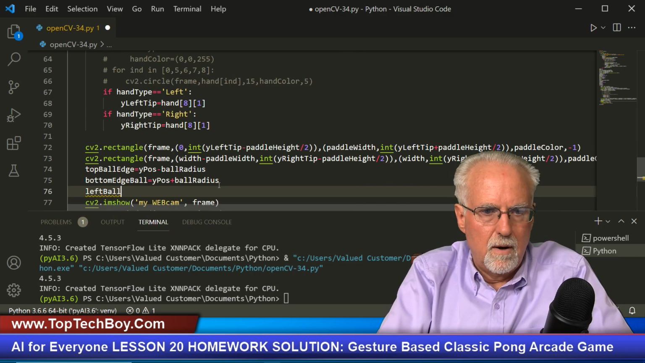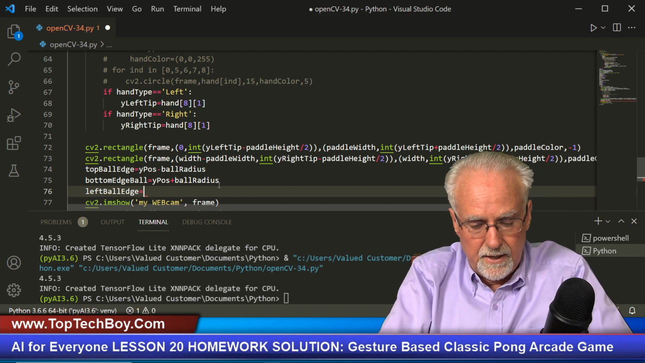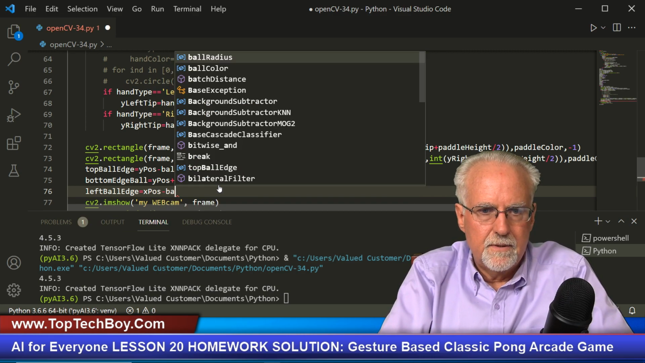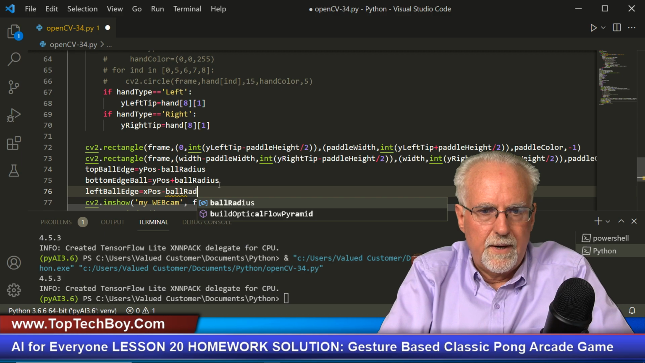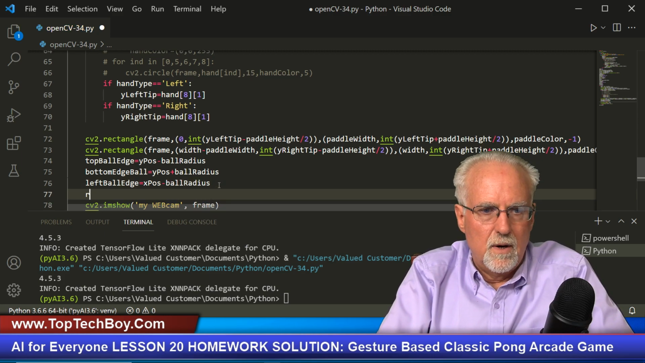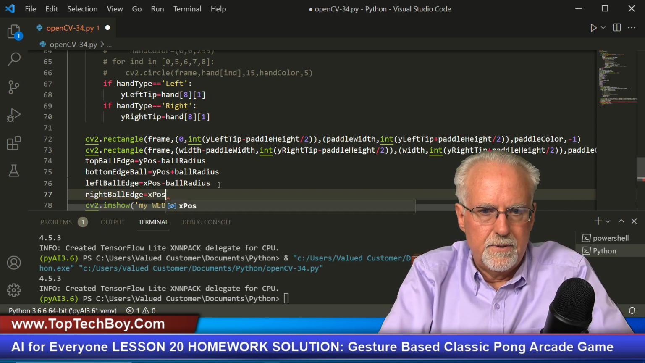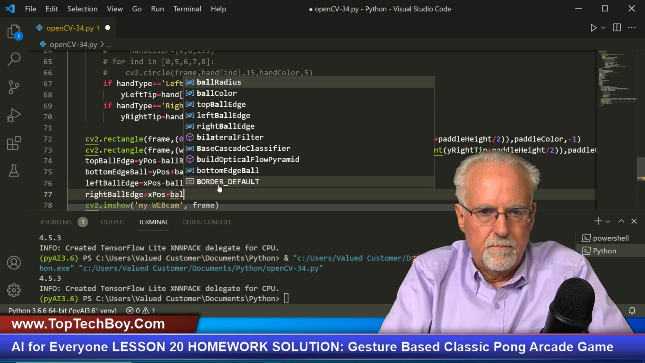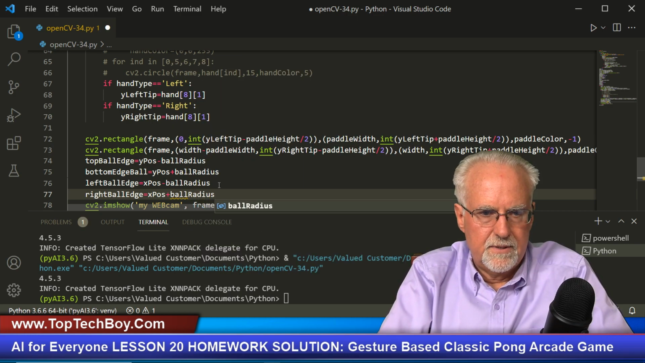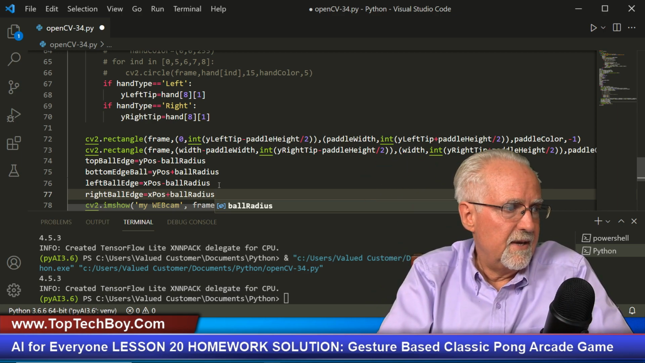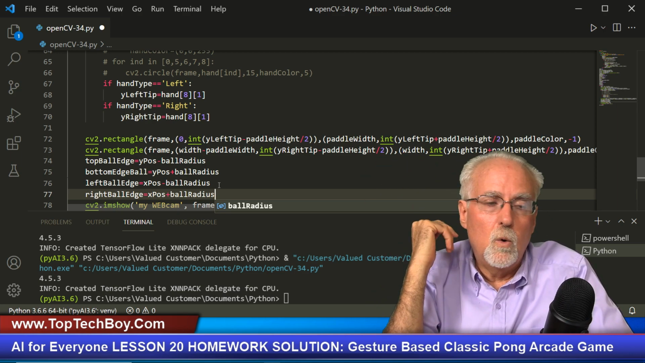left ball edge, and that's going to be equal to not Y position but X position minus ball radius, and then the right ball edge, and that is going to be equal to X position plus ball radius. So we've got some parameters defined for our ball that are going to make the if statements a whole lot